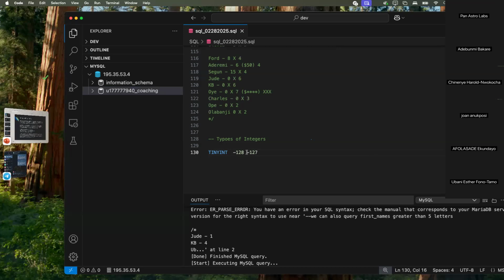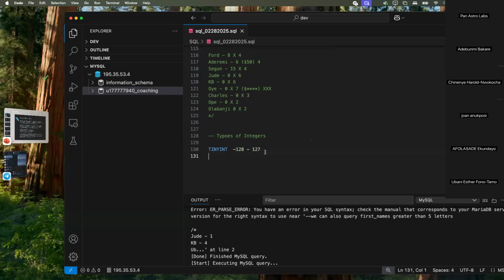Okay, so it's a 1 byte. Tiny int is a 1 byte. All right. So when we talk about small int,